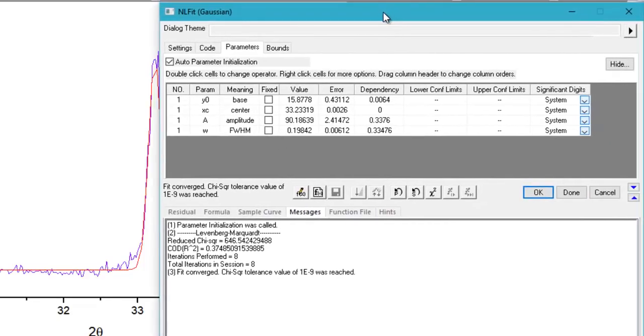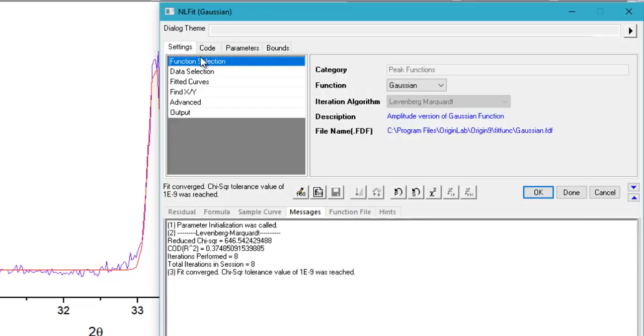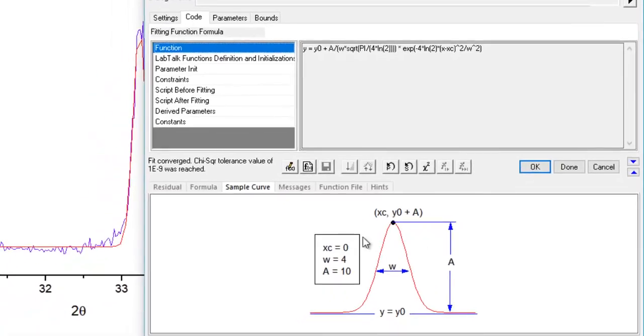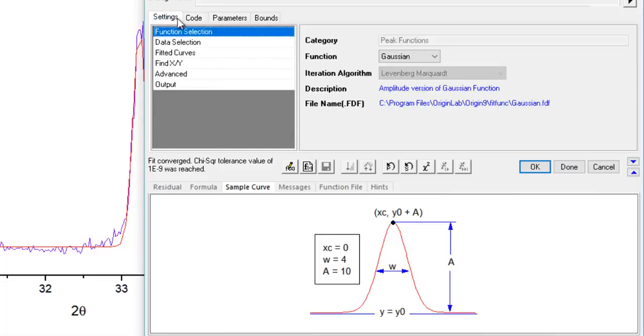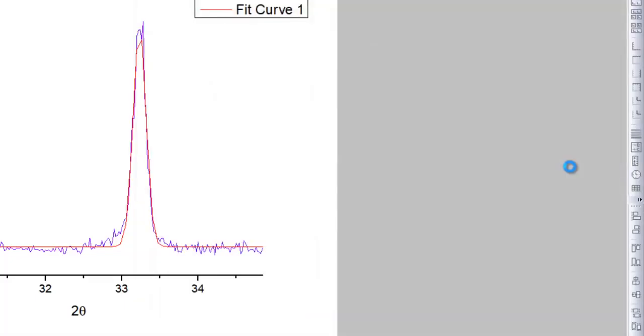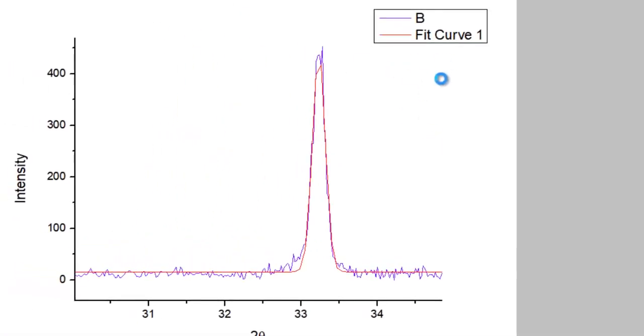Okay, and this dialog box also shows you the kind of function that you are using to fit your data, and you can use many other functions by just going to settings and picking some other functions and fitting your data. So anyhow, what we needed was the FWHM using the Gaussian fit, and we got it. So just go ahead and press done, and it will generate a